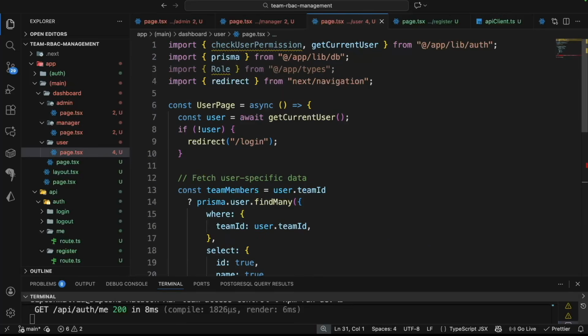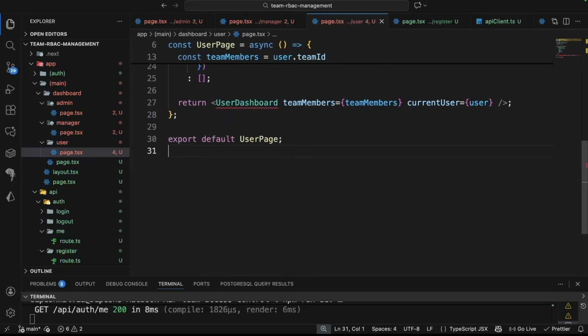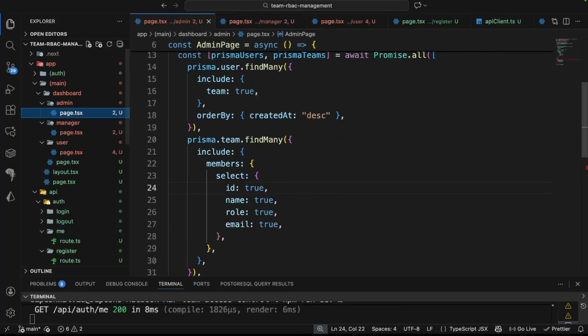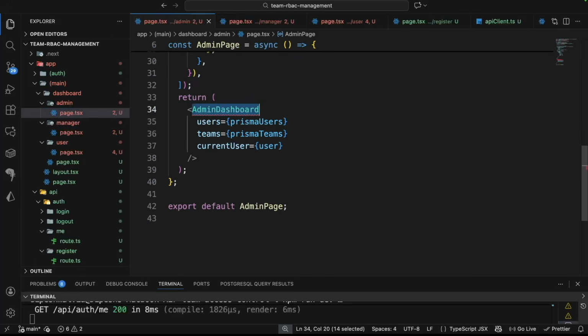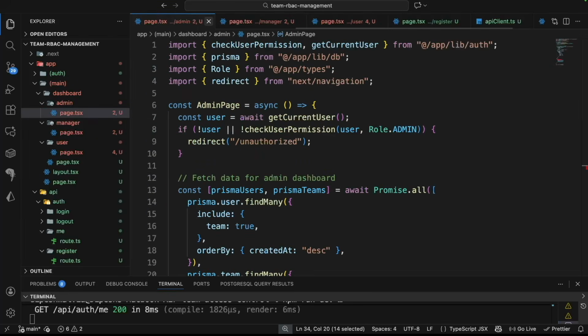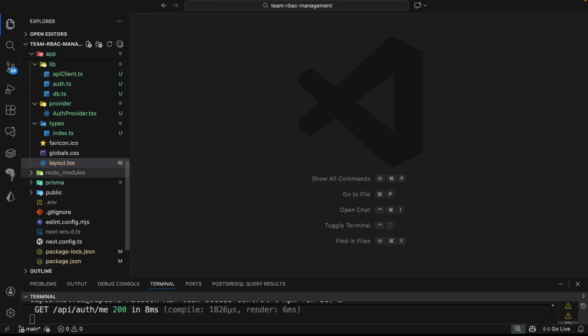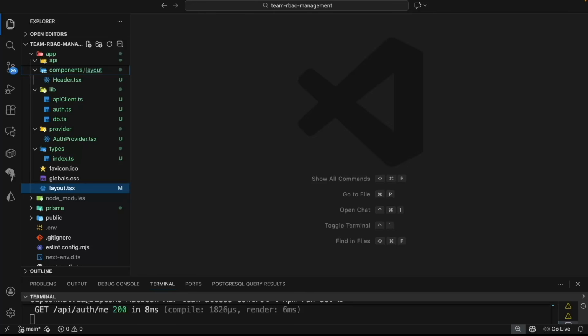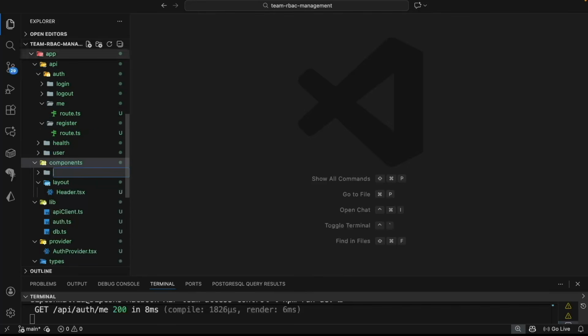Now the last part we need is to create all the three components: for the user dashboard, for the manager dashboard, and for the admin dashboard. So if I go here, then we have the admin dashboard. I will just close everything for now. Now let's go to the components folder, and inside the components folder we are going to create a new folder. I'm going to create a new folder called dashboard,